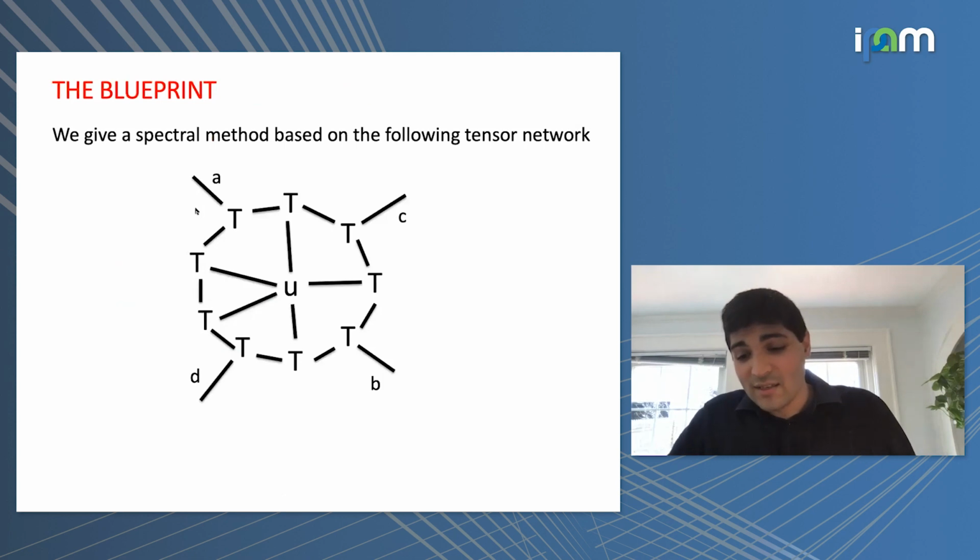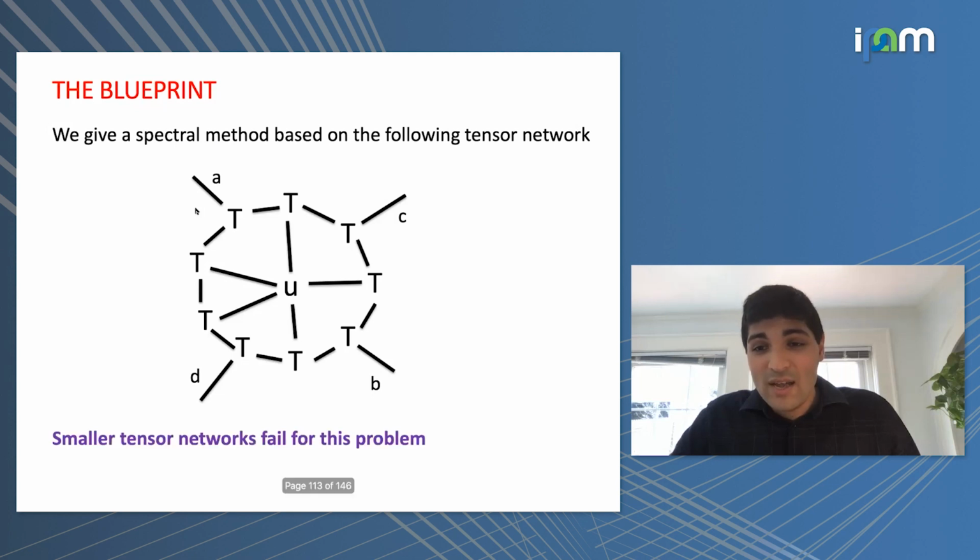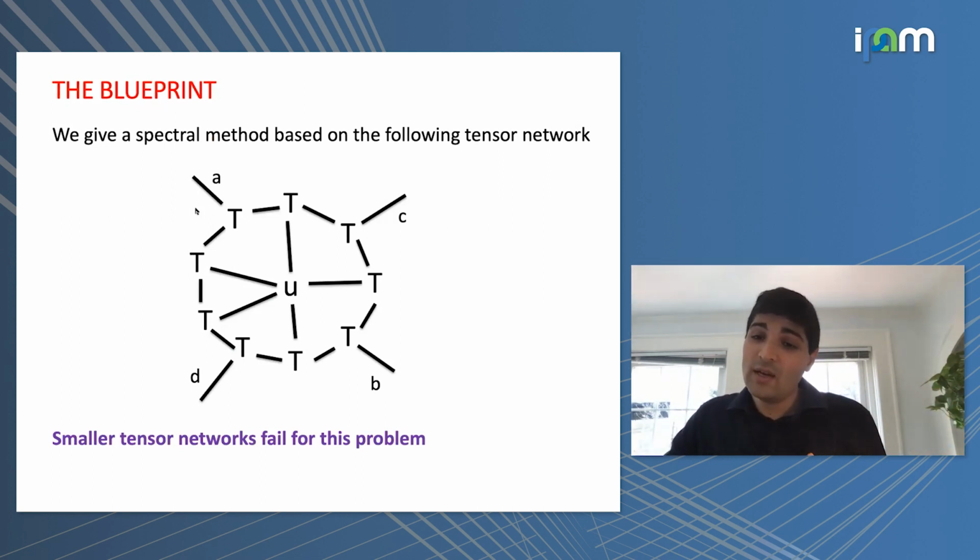The reason I'm telling you this is the way that we actually solved it for SO2 was we gave this monstrosity. That's a tensor network that's so ugly that only a mother could love it. And unfortunately, what we showed was that smaller tensor networks fail for this problem. This is literally the smallest tensor network that works. But it goes to show you that there might be a very interesting marriage between how to incorporate group structure along with tensor decompositions, but to use things like tensor networks as a more general language for how you go about designing good algorithms.